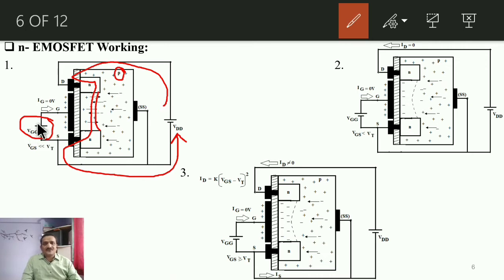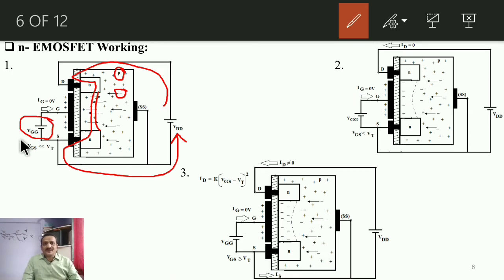So here proper field means what? As the substrate is of P type, there will be a minority of electrons. These are the minority charge carriers, that is electrons. Those electrons are to get attracted over here, and accordingly the potential at the gate terminal should be applied. Now as you know, there is attraction between positive and negative charge carriers. That means whenever you apply positive potential to the gate, then the minority carriers, which are of negative type in the P type substrate, will get attracted and will remain accumulated at the edge of this SiO2, within that substrate material between these two regions, is it?